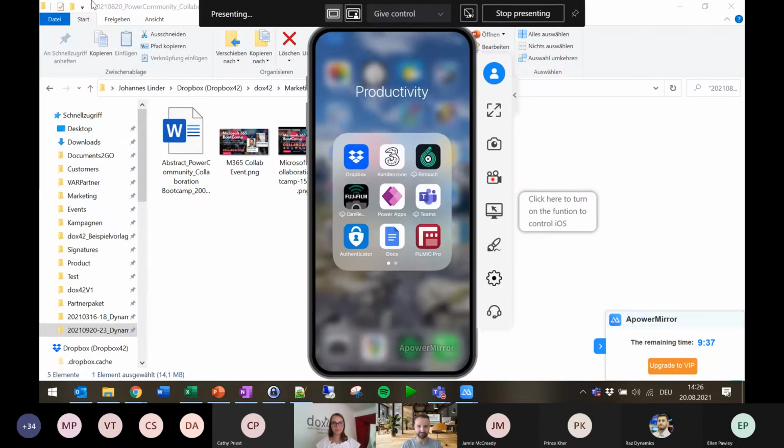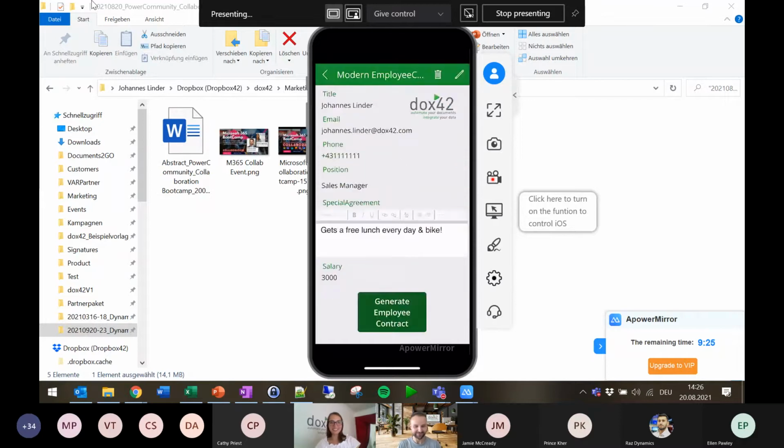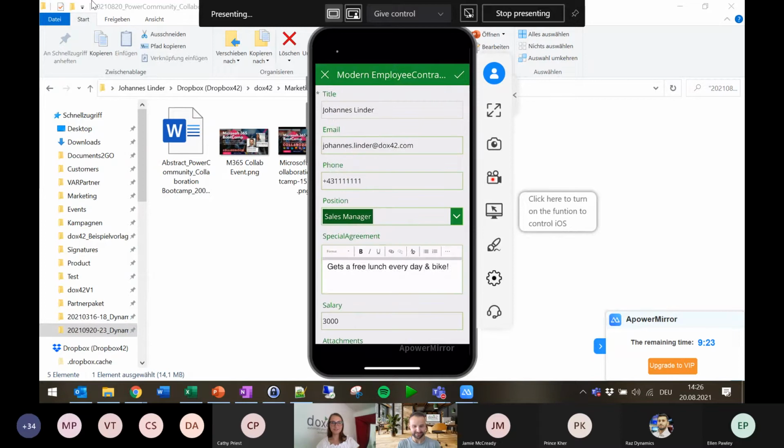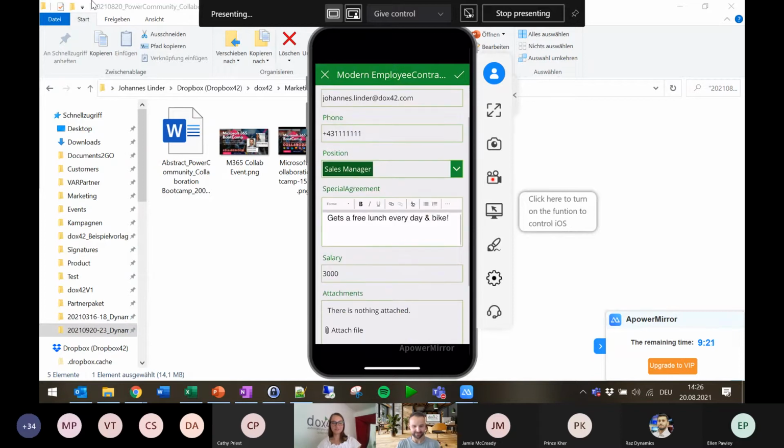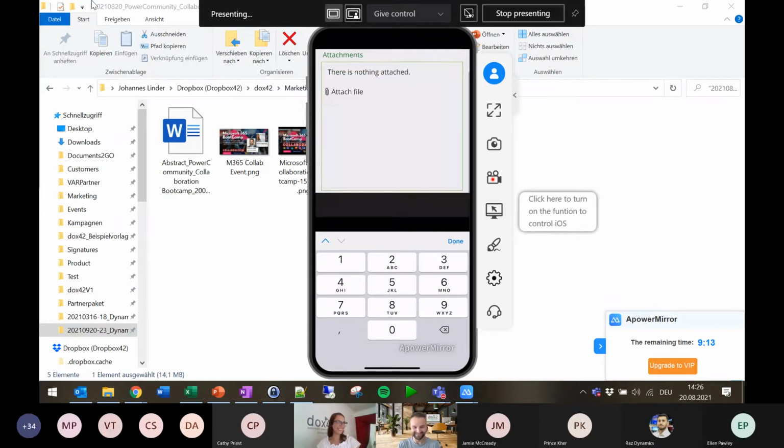As you see, I'm currently doing this, and in that Power App I have my very own contract, so I can be even more demanding. To just go here, change the salary to... hope nobody's looking. Let's double up.